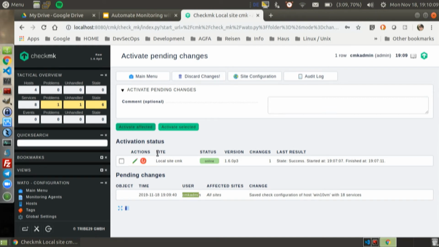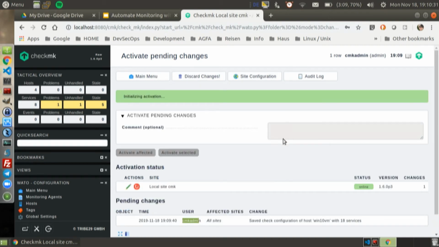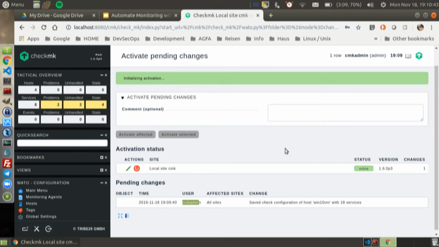So we have a lot of operations administrators who have rights to modify the monitoring, then that is a security feature so that you do not override some configuration of your colleagues. Activate. It could be faster, but it's